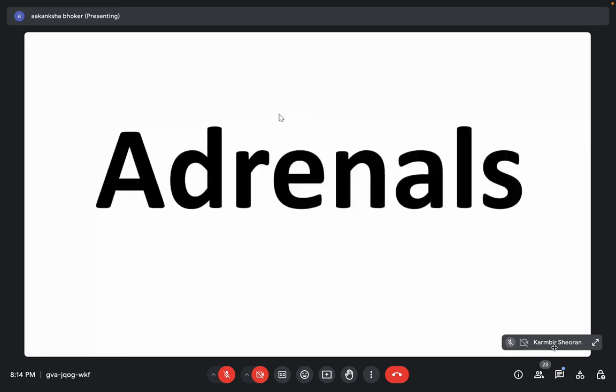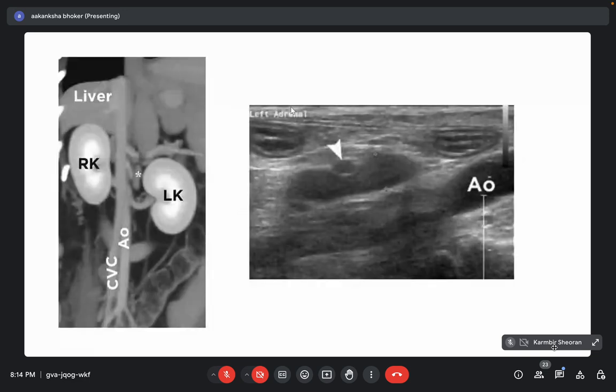Next, coming to the adrenals. Adrenals, how can they be identified? See, this is the left kidney and this is the right kidney. These are the renal arteries and vein going on, and these are the aorta and caudal vena cava. So these adrenals, we know that they are located cranial to the kidney, but not exactly cranially. They are somewhat craniomedial to the kidney. This is the appearance and location of the